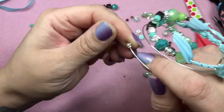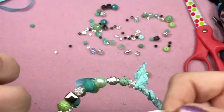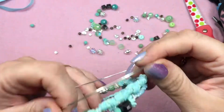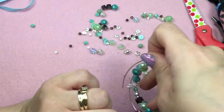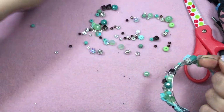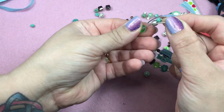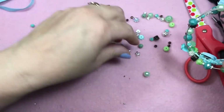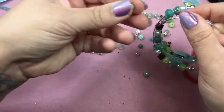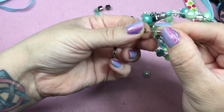Okay. Push those around. Oh, we're getting there, guys. That's looking good. Really like that. Okay, so let's see, what do we have here? So let's put a mermaid bead and a barrel bead, a tiny blue, and a tiny brown,